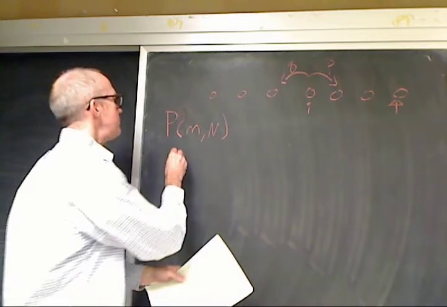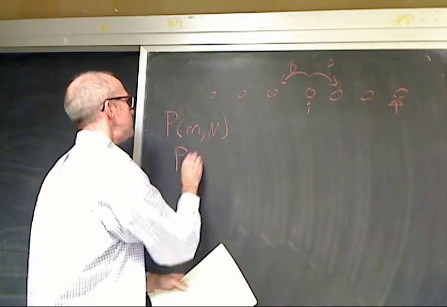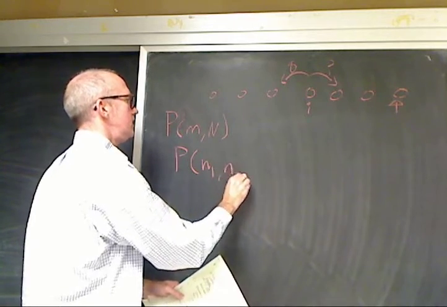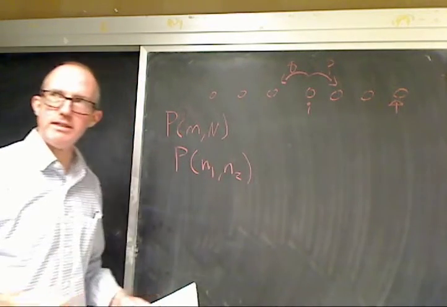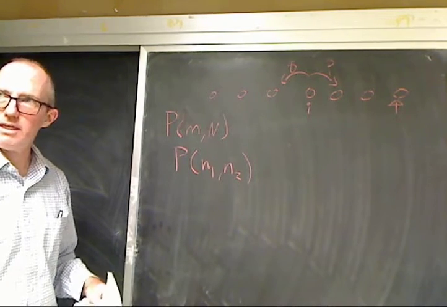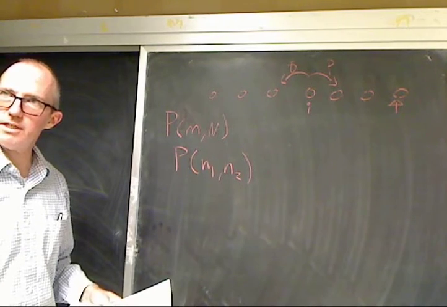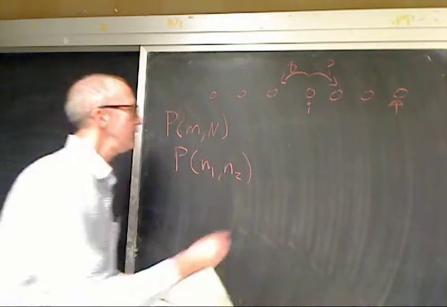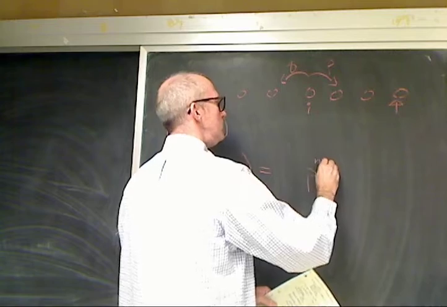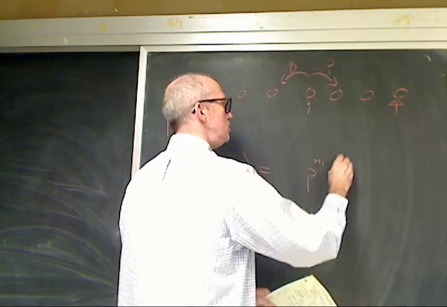Well, this is just the same as asking what the probability is that I've taken n1 steps to the left and n2 steps to the right. n1 is the number of steps I've taken to the left, n2 is the number of steps that I've taken to the right. And this is just going to be equal to little p to the n1 times little q to the n2